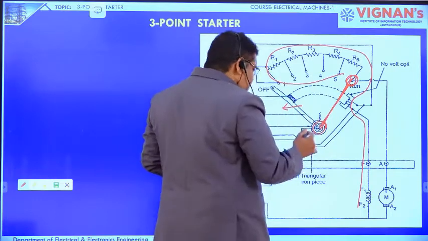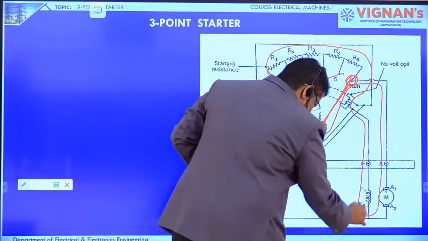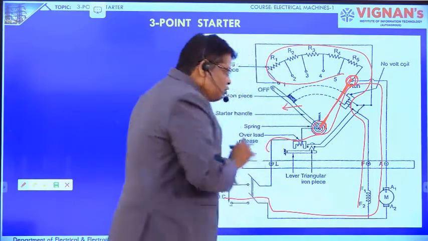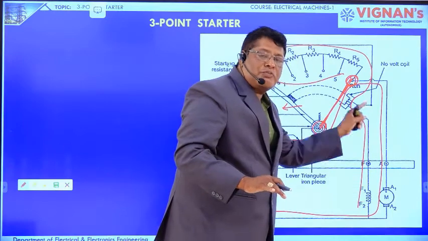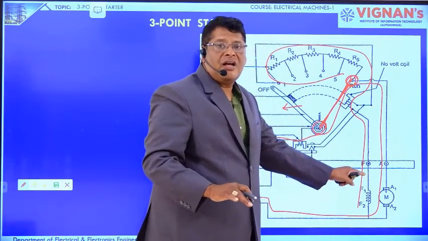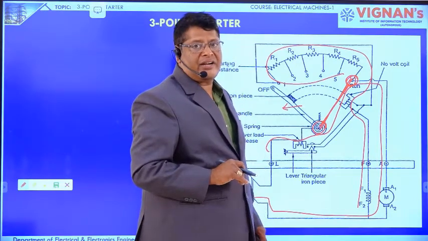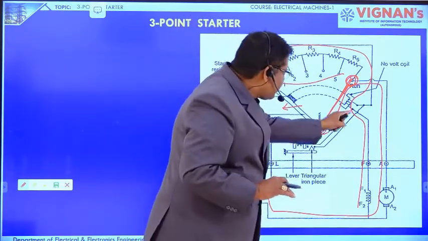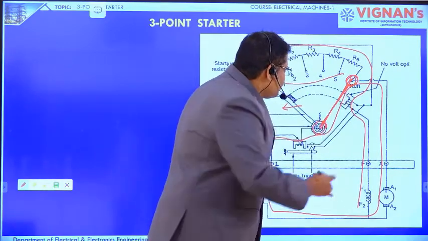The armature current will be flowing directly in this manner. There is no external resistance in the armature circuit when the speed of the motor reaches the maximum value, nothing but the rated value. If you observe the field winding, the field winding is taking a current through the holding